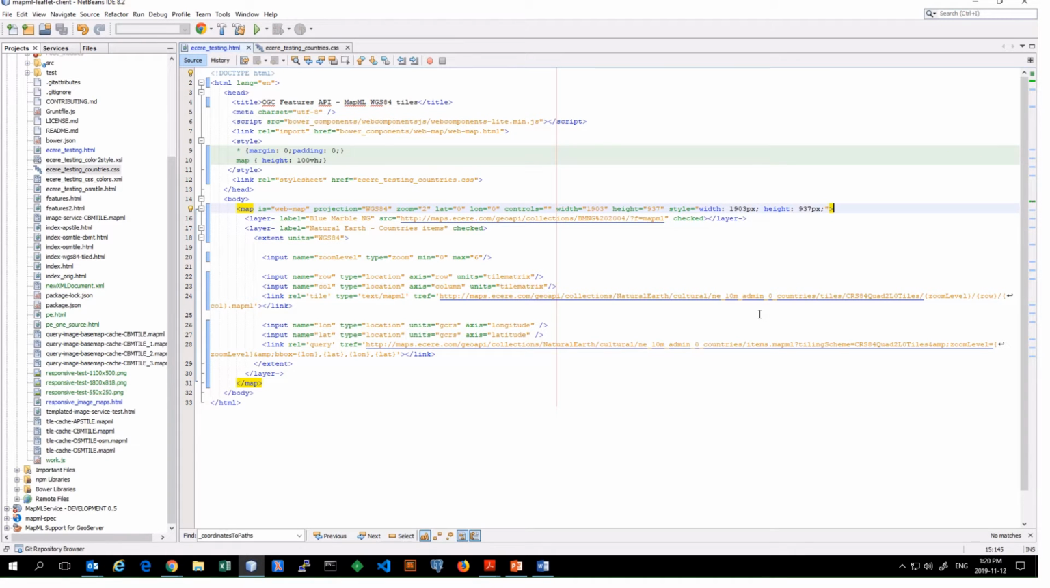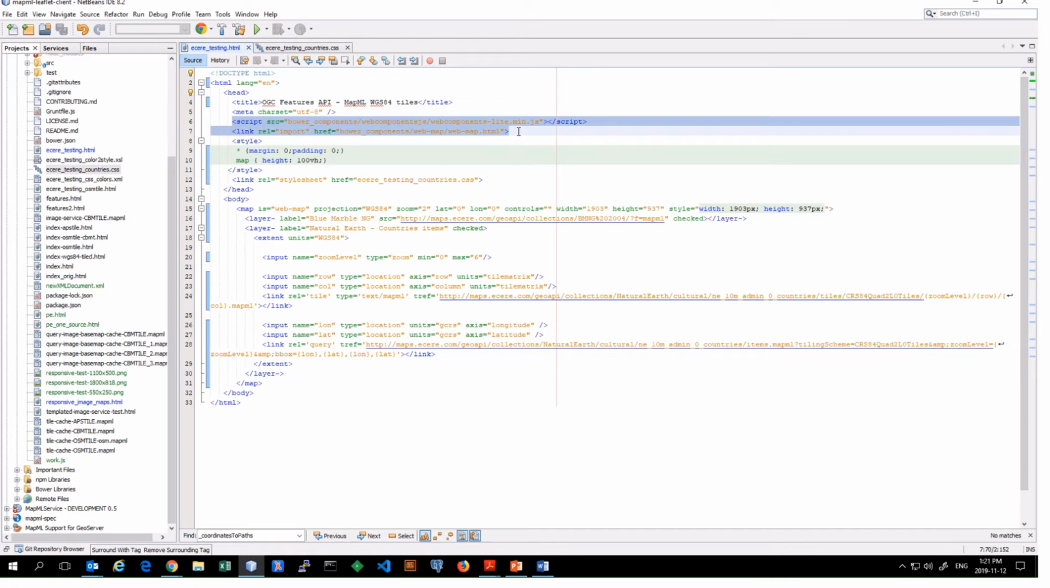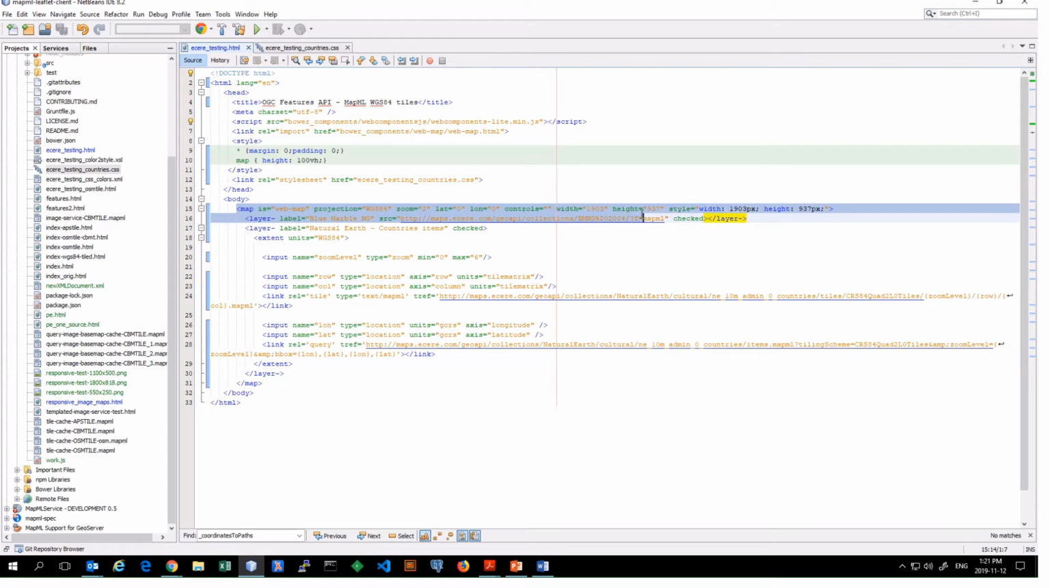Let's now have a look at the MapML documents that are being processed in this demo. Here's the source HTML document that's being displayed in the demo. The HTML head element imports the web map custom element polyfill and supporting library code. This allows us to use the HTML custom elements that have become a standard feature in browsers to emulate native